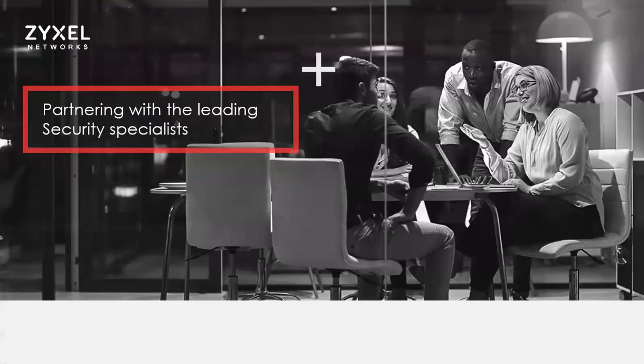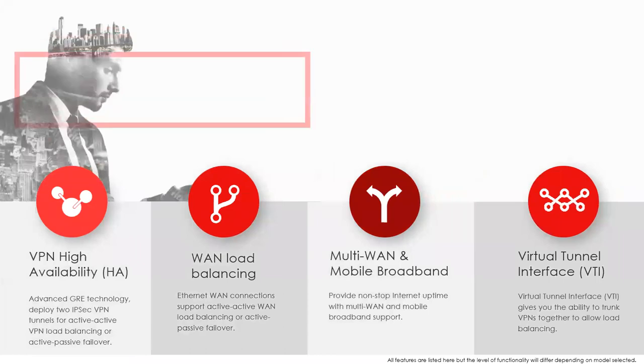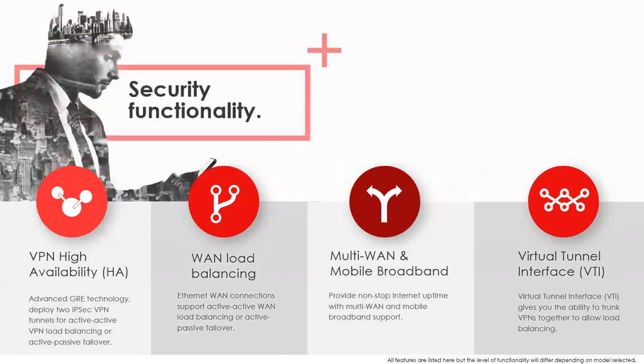When it comes to our UTM services, rather than doing like most of our competition and taking it in-house, we've instead chosen to partner with leaders in the industry. So depending on the product and the package that we're offering, you're getting services provided by McAfee, WebRoot, Lastline, Trend Micro, or Bitdefender. Some of these features vary depending on which model you're looking at, but some of the main features we offer in our security products include